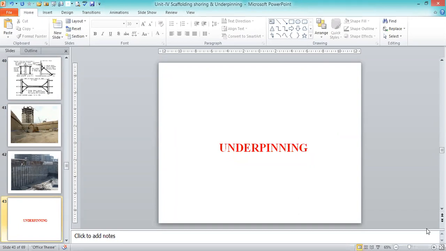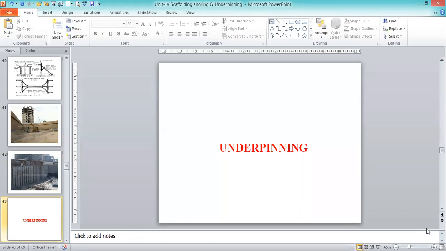In this topic, the elements that we are going to cover are how you define the underpinning, in which circumstances we have to apply this underpinning, and what are the different methods that we have to carry out. Or we can say, what are the objectives that require the underpinning, in which situations we have to go for the underpinning, and what methods of underpinning will be suitable for building construction.